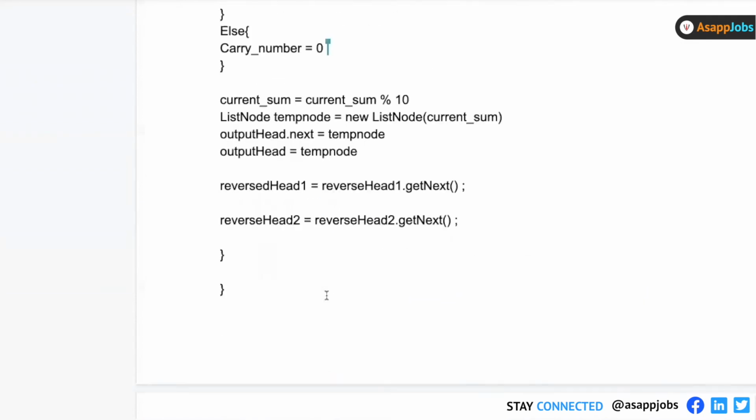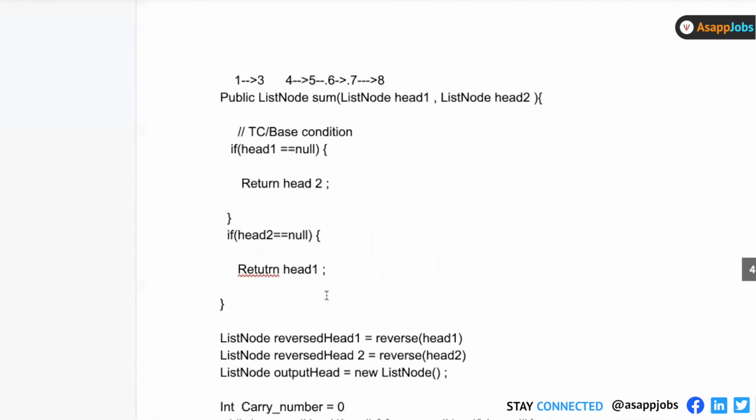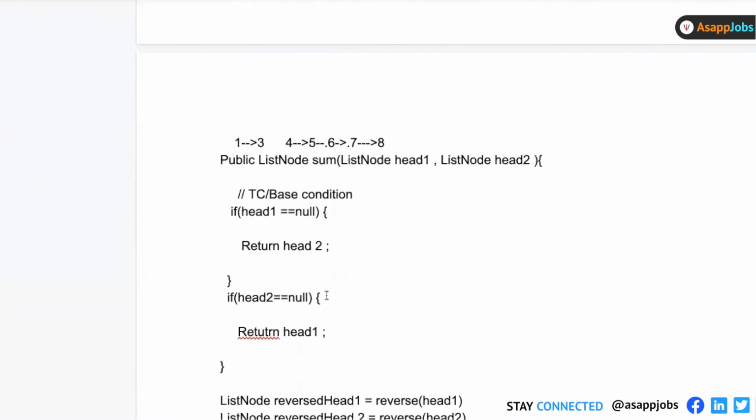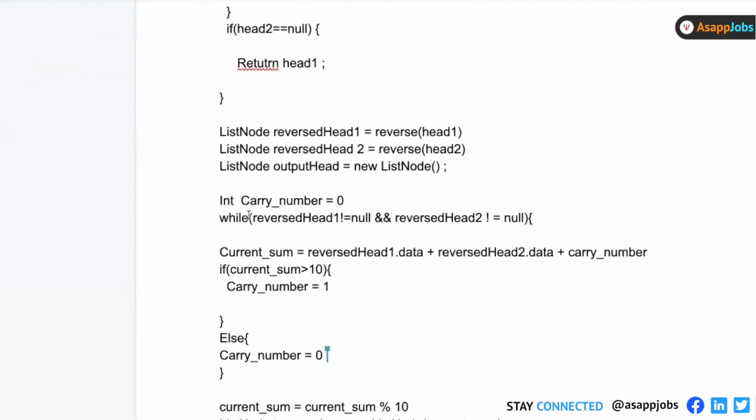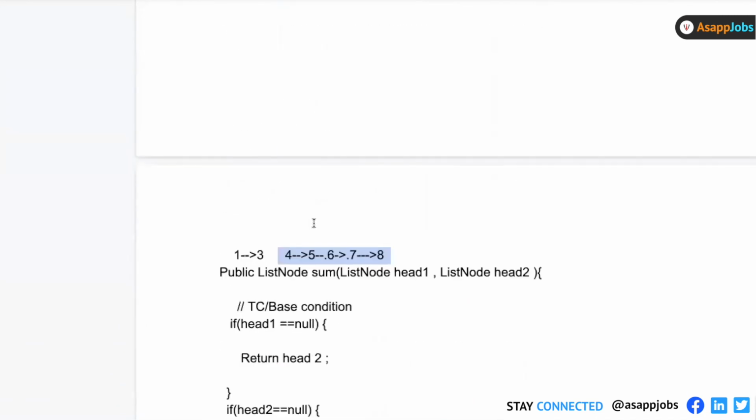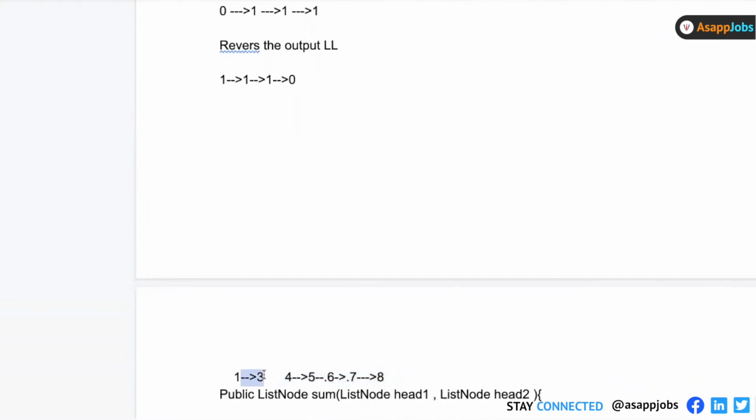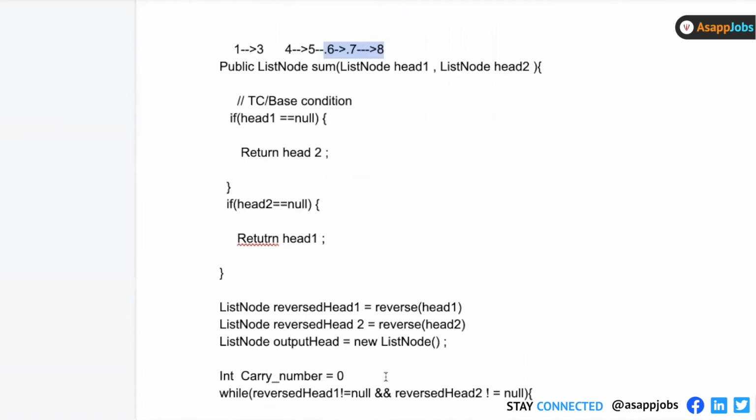So what I have done is that I'm trying to consider the case when the lengths of the two linked lists are not the same, right? So for example, one of the linked lists is of length 2 and another linked list of length 5. In that case, the while loop will break because we have a null condition for both reverse head 1 and reverse head 2, right? So in this case, still 1, 3 and 4, 5 both will run, but as soon as it goes beyond the 3 in the first, it will break, right? So I'm still left with adding the 3 remaining elements of list 2, right?